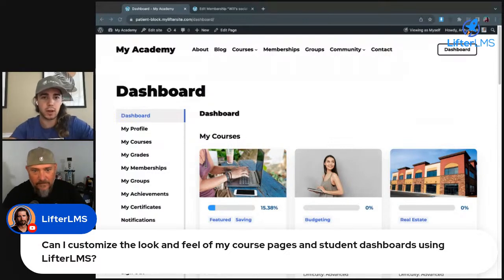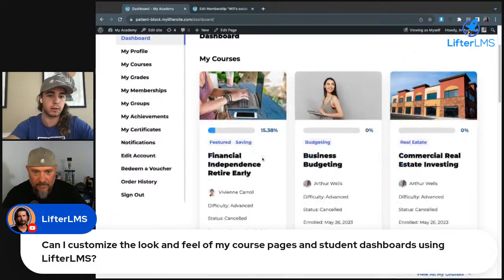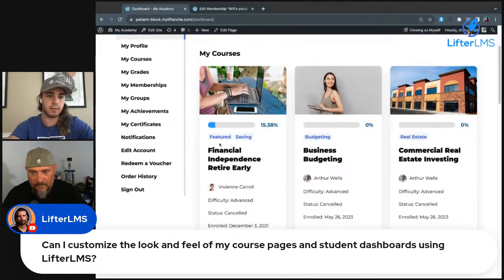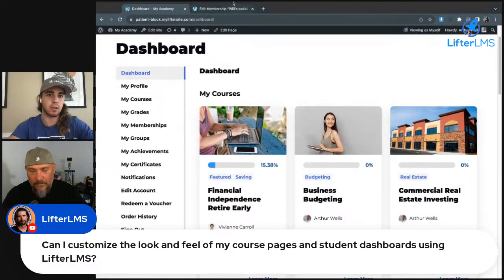So there are components you can customize, and customizability, I think, is a vague term. There's some depth to that question about what exactly you want to customize. Some people want to customize the content of this little panel right here, where we have an image, the progress, the categories, the name of the course, the author. Sometimes we want to customize this template, and sometimes they want to customize the look and feel of this dashboard page in a different way.